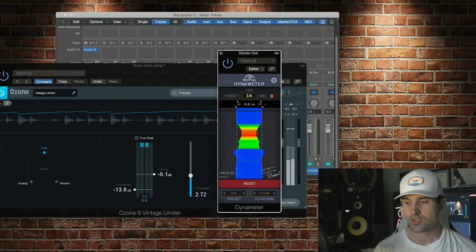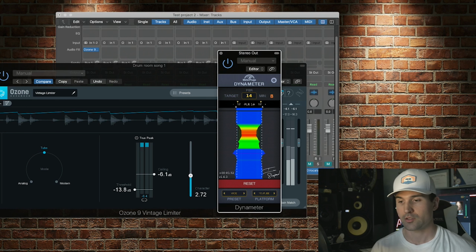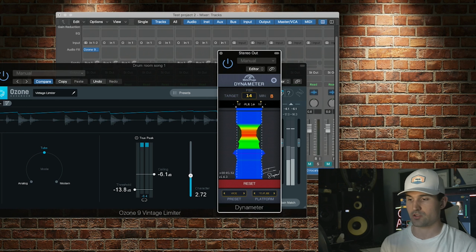Okay, so as you can see, when I'm enabling the limiter here, it's gonna squash those dynamics down,